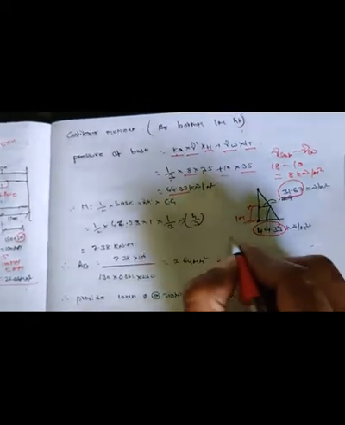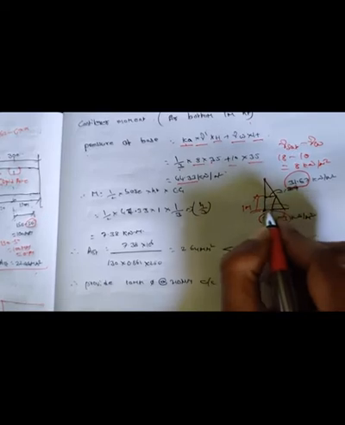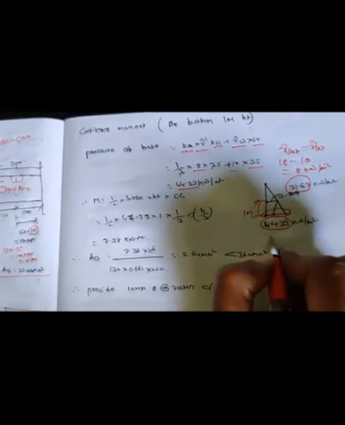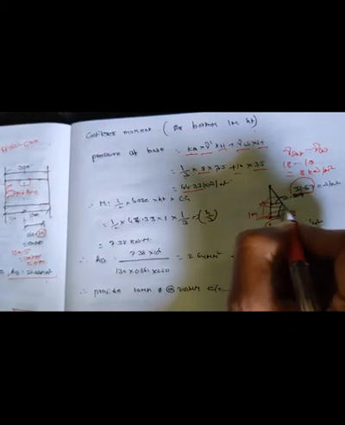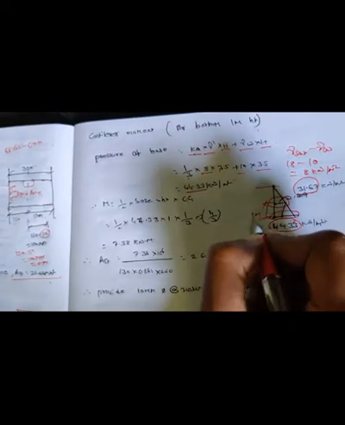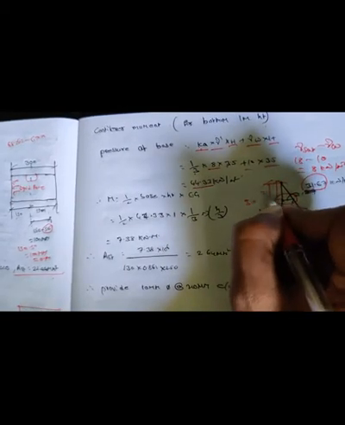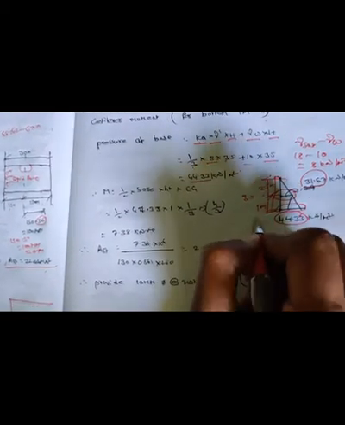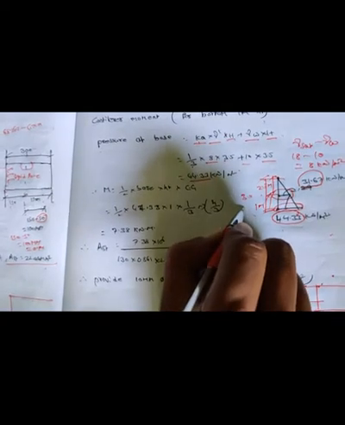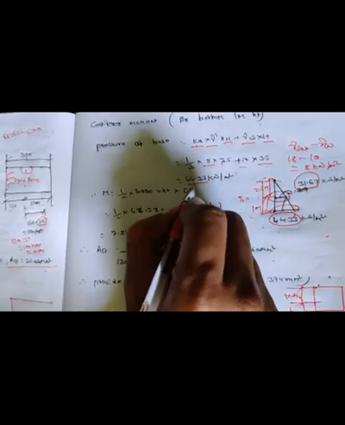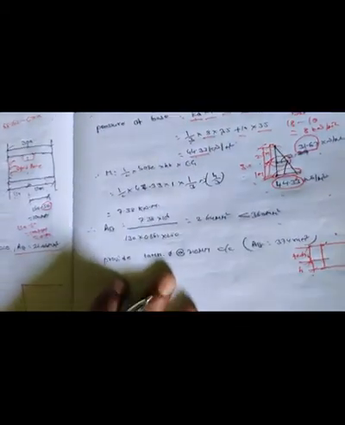So pressure at base means here overall pressure is 44.33. Here only the height will be changed. If you see overall height, how much here it is there? 3.5 meter. From here to here it is 2.5 meter. 2.5 meter plus 1, 3.5. At 3.5 meter height, this is the pressure, and at 2.5 meter, this is the pressure. Understood? Now moment at base.